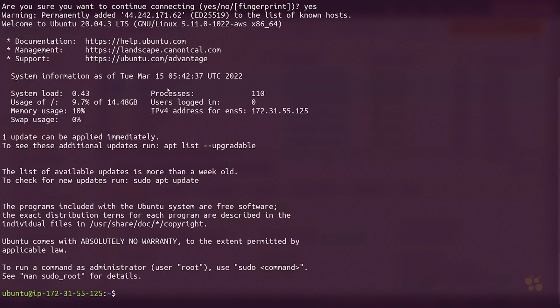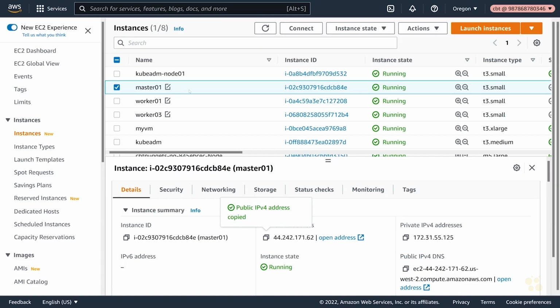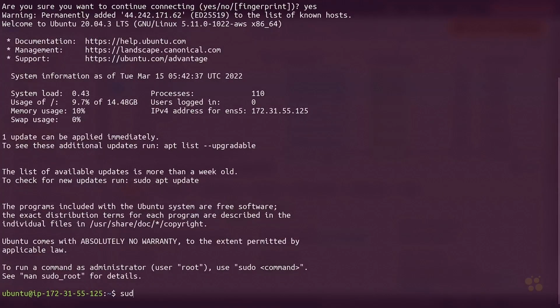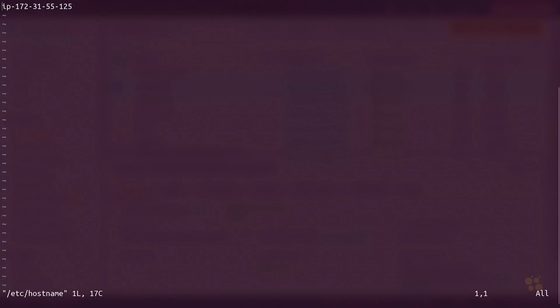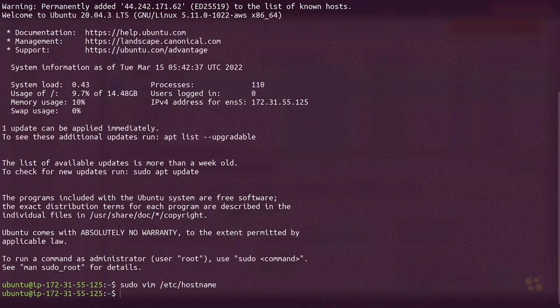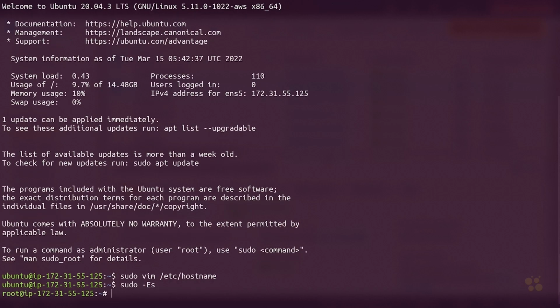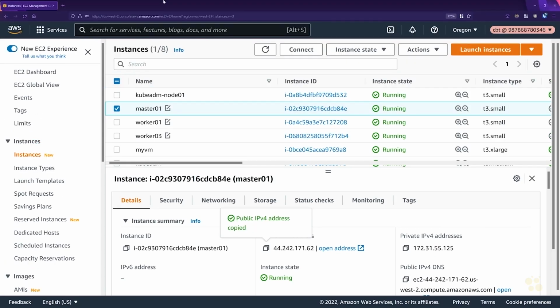So this is going to be our master node, right? So I'm actually going to rename it for starters. So I'll do sudo vim /etc/hostname, and we'll give it a name like master01, just so we can easily identify that in our cluster. And then I'm going to do a sudo -s here, and I'm going to get the basic components